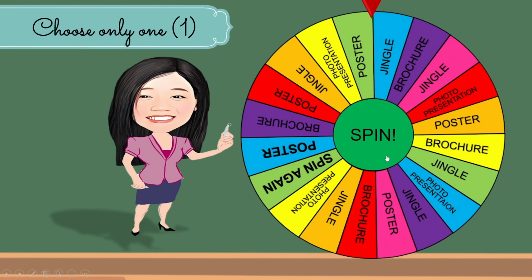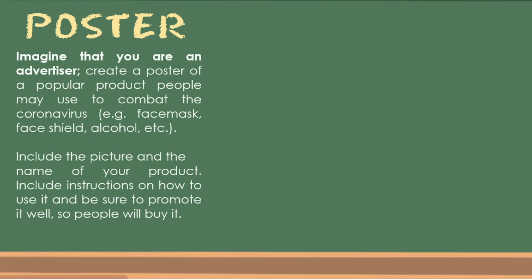Just choose only one. If you will be choosing poster for your performance task number 2, you have to imagine that you are an advertiser. Create a poster of a popular product people may use to combat the coronavirus. It can be a face mask, face shield, alcohol, etc. Or you may think of something unique. Also, you have to include the picture and the name of your product. Include instructions on how to use it and be sure to promote it well so people will buy it. Examples: